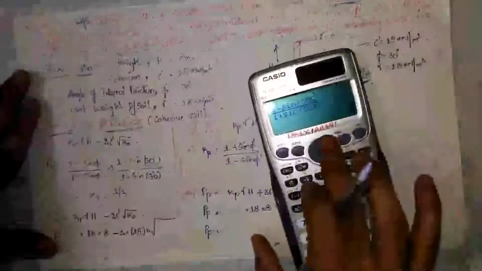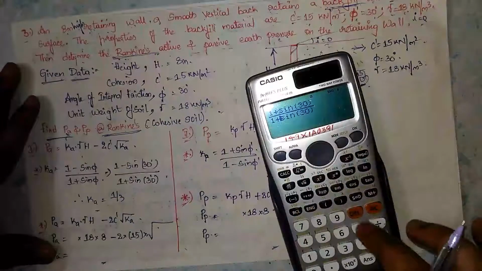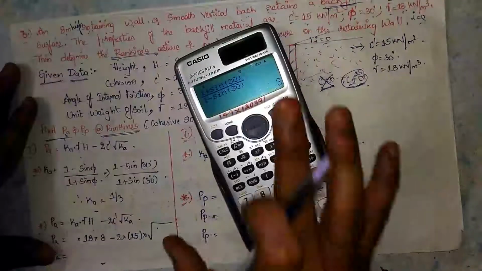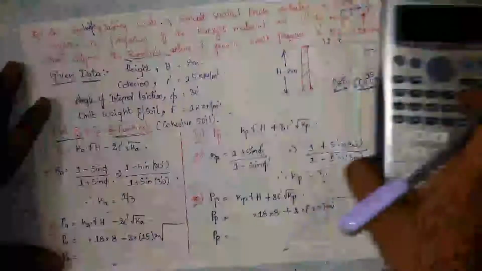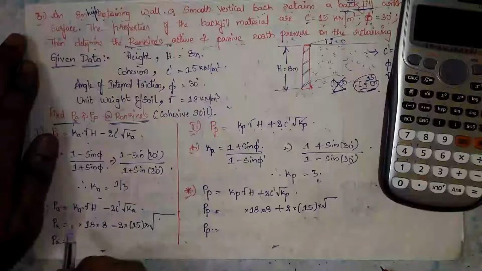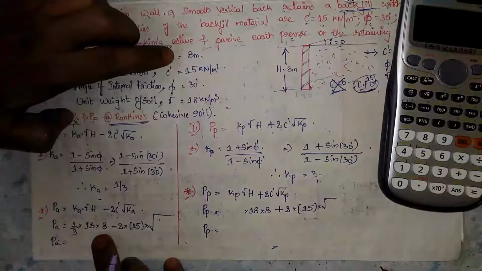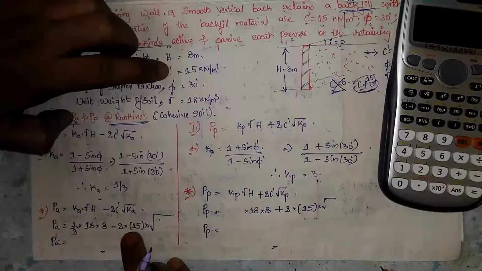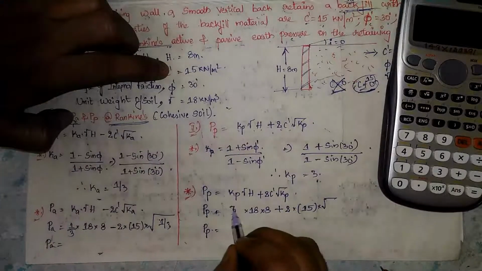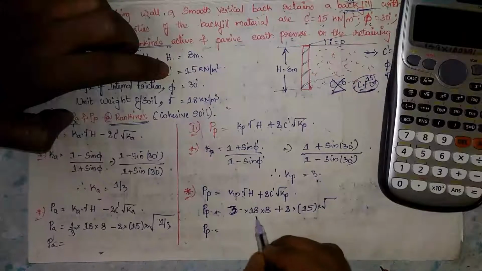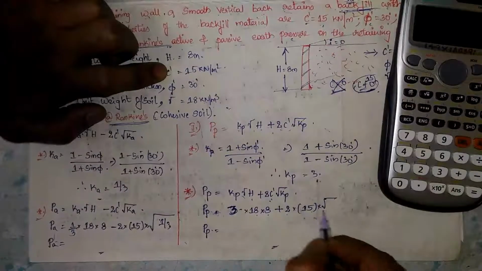Next, here change the signs. We get 3 as the answer, okay. Right, here Kp is 3. Now substitute here. Ka is 1 by 3, and next unit weight is 18. Next height of the retaining wall is 8. Next 2 into cohesive force is 15, next Ka means 1 by 3. For passive, Kp means 3, unit weight of soil is 18, height of the retaining wall 8, next 2 into cohesive force 15 into root 3.